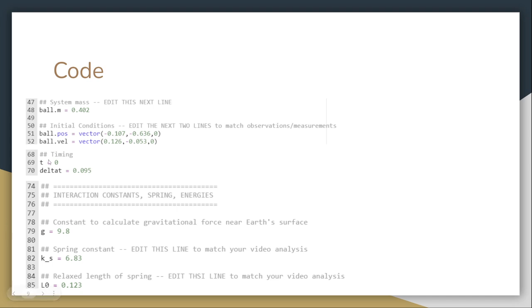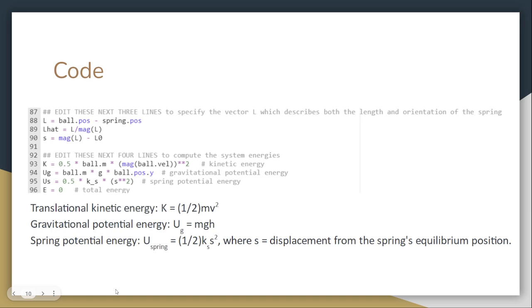Here, every initial condition was updated accordingly, including mass, position, velocity, delta t, gravity, spring constant, and relaxed length of the spring. Here, the energy formulas were updated accordingly,